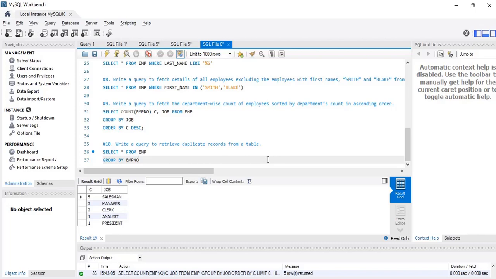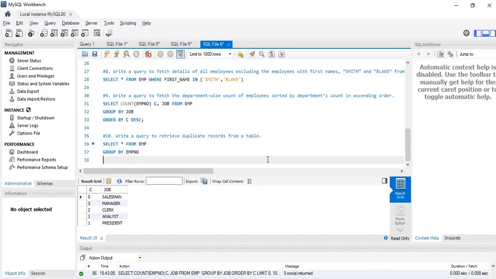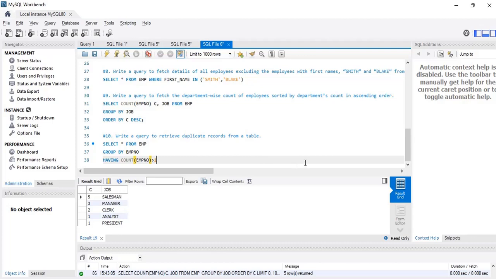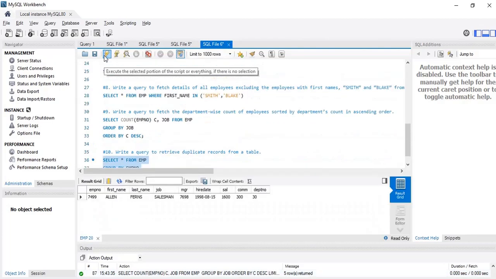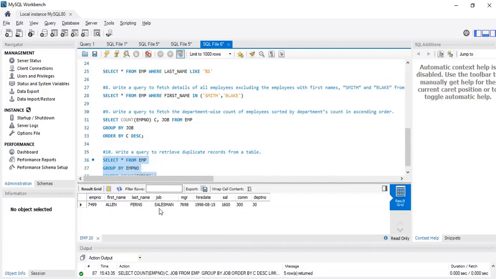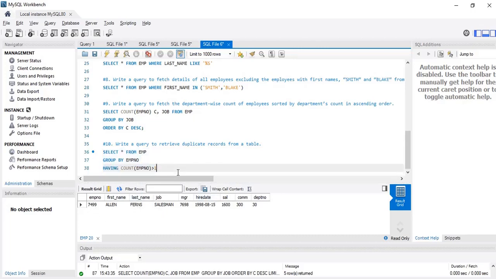So all the employee numbers will come together, and now I will only print those which have count of employee number greater than 1. So only Alan, only this employee number is repeated in the table, and this only contains duplicates.